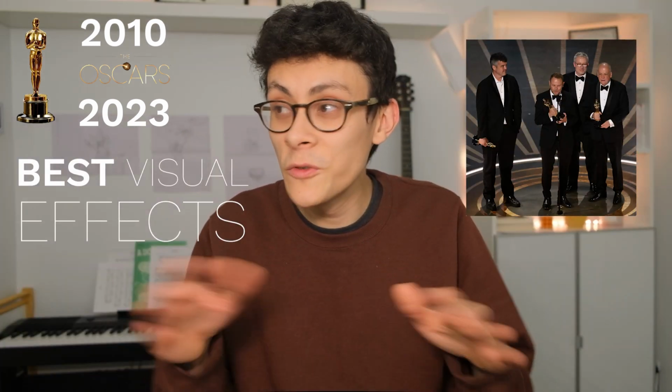So I just want to emphasize by saying that the Avatar movies won in 2010 and 2023 the Oscar Award for Best Visual Effects. These movies just look phenomenal. From China to Japan to New Zealand to Venezuela, I think we can all agree that Earth is an amazing place. And even if Avatar is a fantasy story, it can still find roots in the real